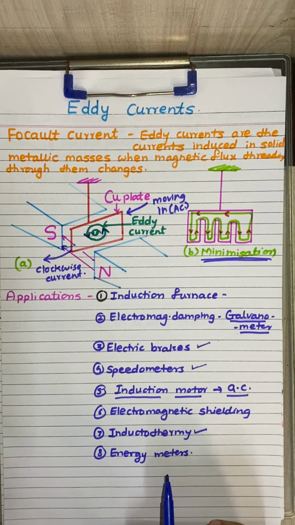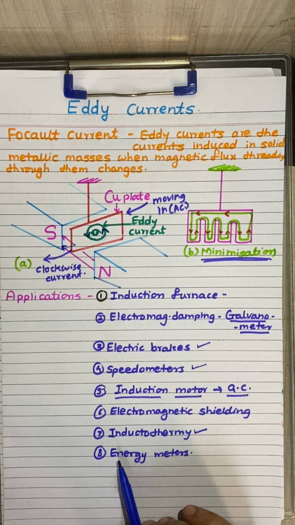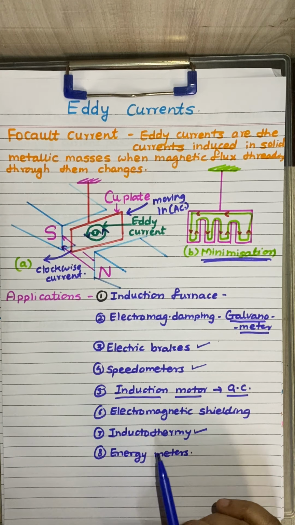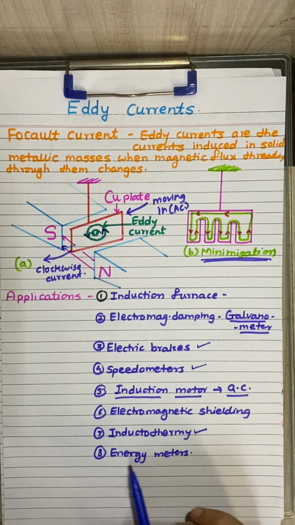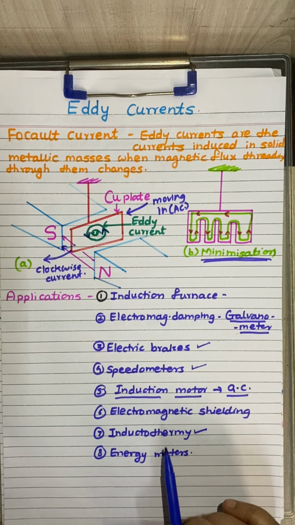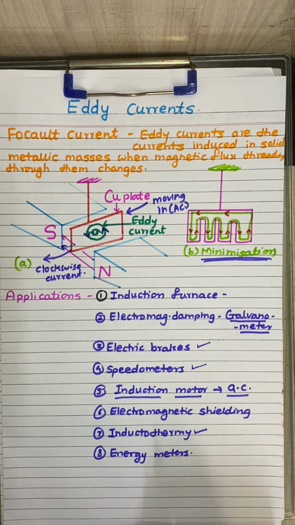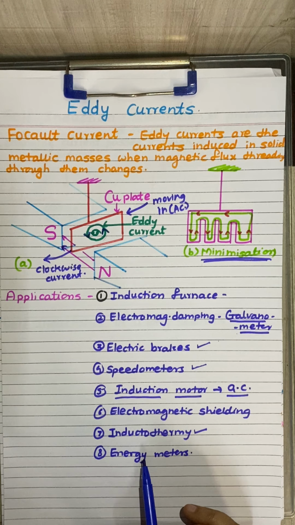And the last one is energy meters. In energy meters used for measuring electrical energy, the eddy currents induced in the aluminum disc are made use of. That means whatever electric meters are at our home or in our apartment, wherever there is an electric cabin or meter room, in the meter room, for a particular flat, the energy meters are there, and you continuously observe how the reading is taken, or how you can tell that the meter is continuously working or electricity is continuously there for that flat.